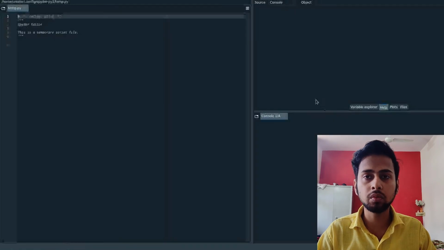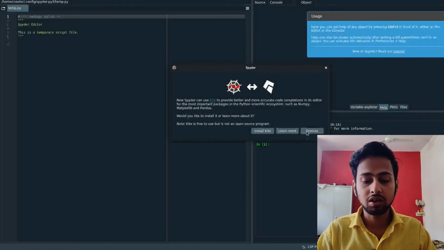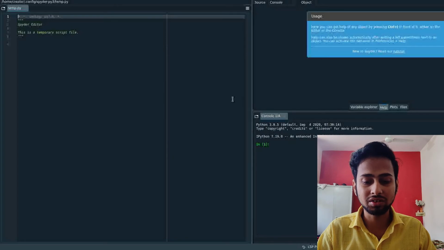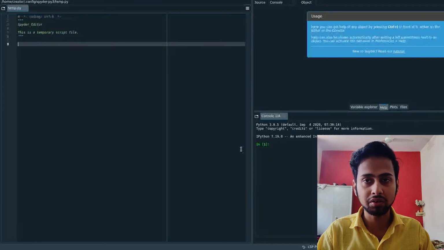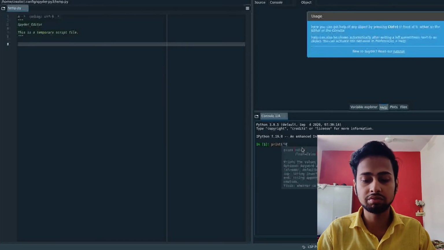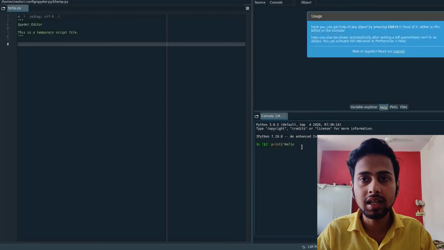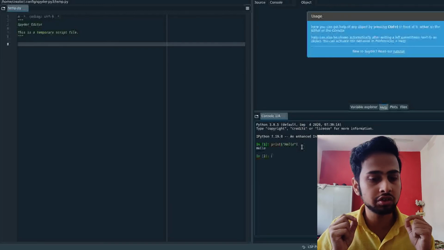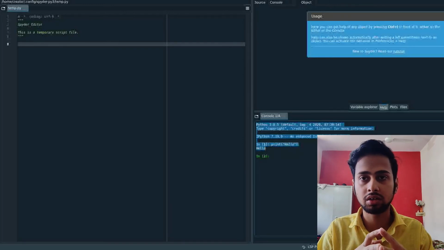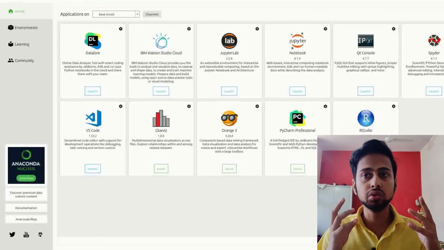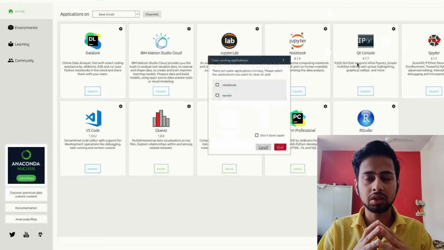As you can see, almost all the things are now installed using this simple method, and now you can go ahead and run this. Let's test if Spyder is working or not. I think it is going to work, and this is the simplest way to install Anaconda Navigator onto your system. I think you must have enjoyed this, and Anaconda is successfully installed on your Linux distribution.